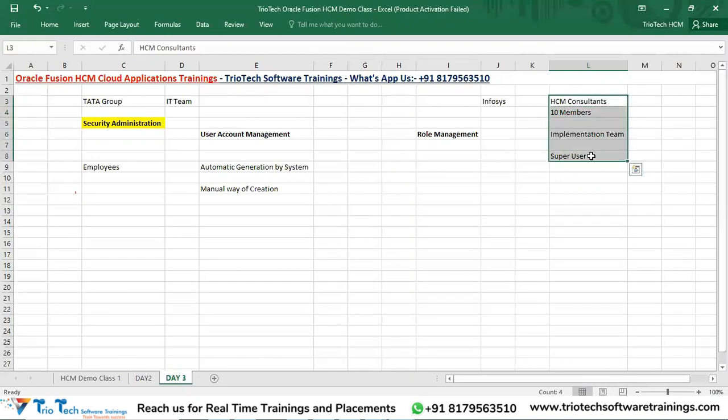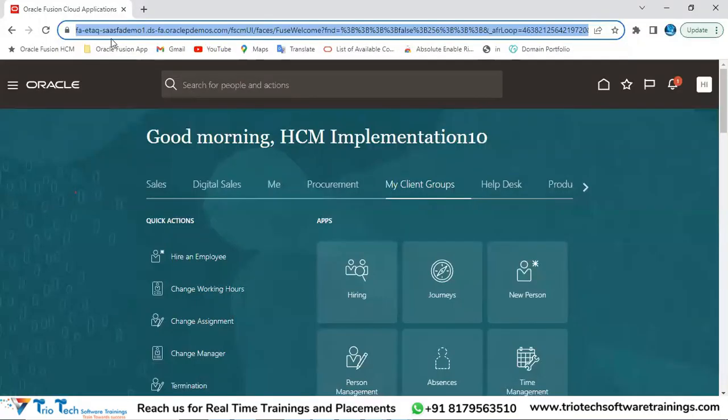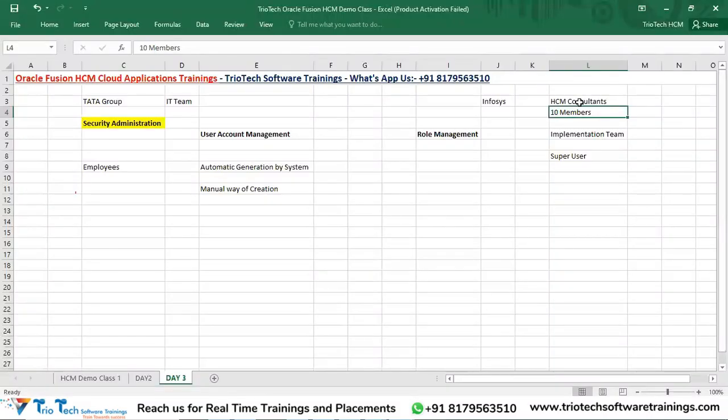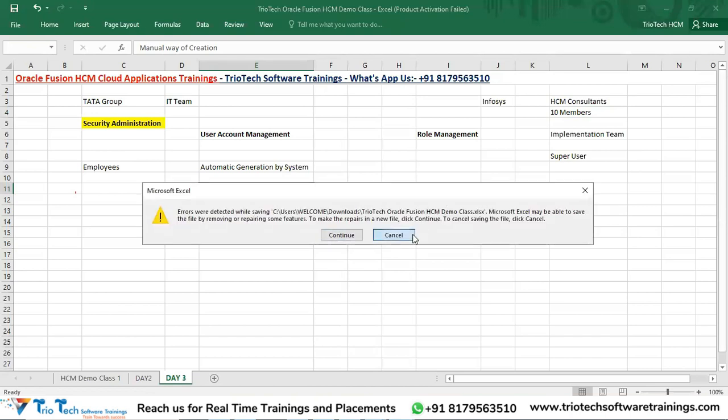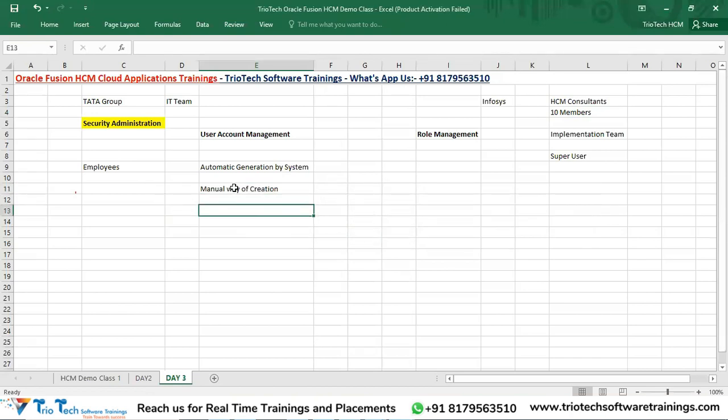Then for our team, how will the user accounts be created? All of us require user accounts, right? Because every day we have to access the application and we have to start configuring the system, all the modules. Then for our implementation team, how the user accounts will be created, that will also be done manually. So now in today's session, team, I want to show you how to create the user accounts manually in the application. Automatic, how it will generate, when we discuss our core HR module, when we hire the employee, you will understand this one. But today, our main focus should be how in the Fusion application, we can create the